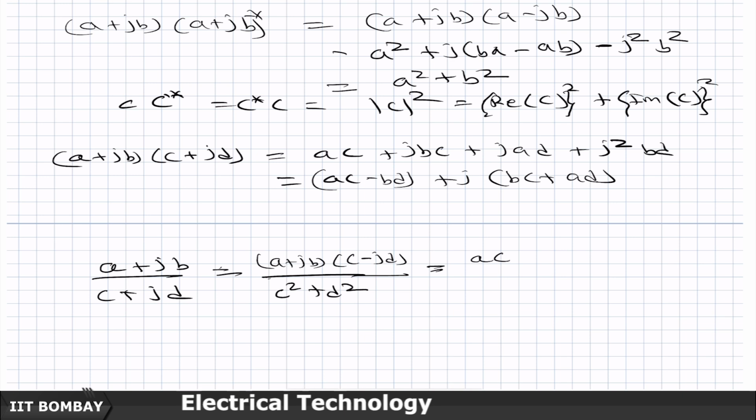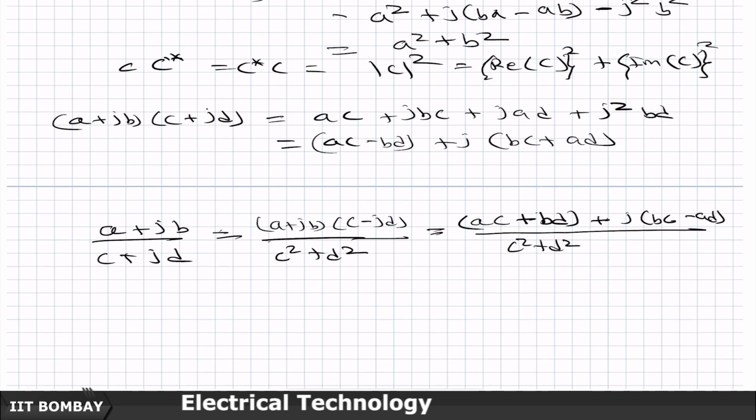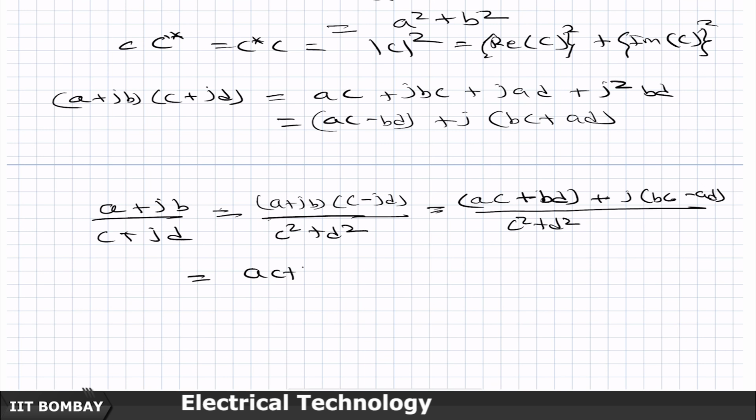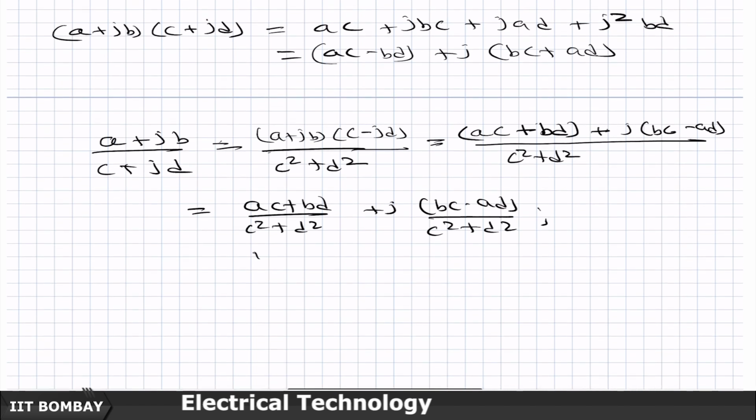So, this will become a c plus b d, because minus j square b d is plus b d, plus j times of b c minus a d divided by c square plus d square, which is nothing but a c plus b d divided by c square plus d square plus j times of b c minus a d divided by c square plus d square, which basically shows that it is also another complex